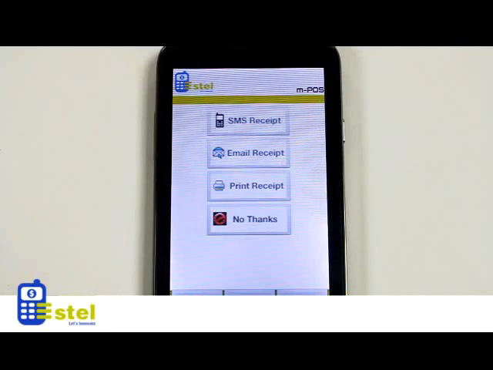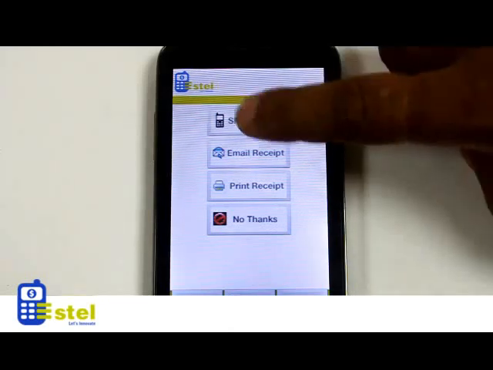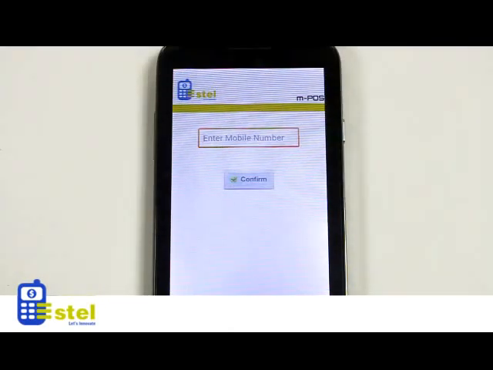Merchants can now choose to send the transaction receipt to their customer either by SMS, email, or print the receipt by enabling the Bluetooth printer. To send the receipt by SMS, simply tap SMS receipt. Enter the phone number.